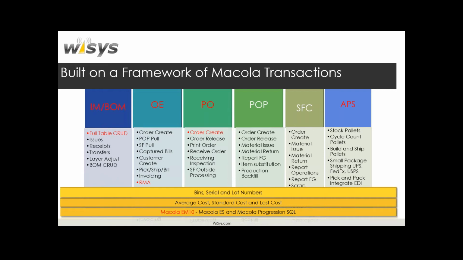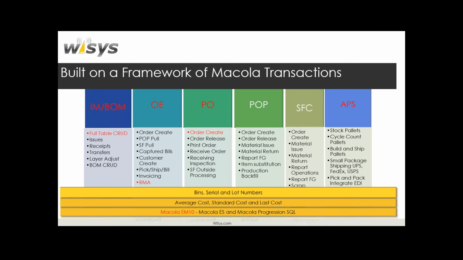So what we've added is a packaging layer. So things like stock pallets or stack pallets or totes or whatever you want to call your packaging layer, we can package up inventory and manage that, and a whole new set of object components and database schemas that sit on top of the Macola inventory. And through that, we can package inventory, we can cycle count inventory that's packaged, we can build and ship pallets, stock pallets, so we can buy and make